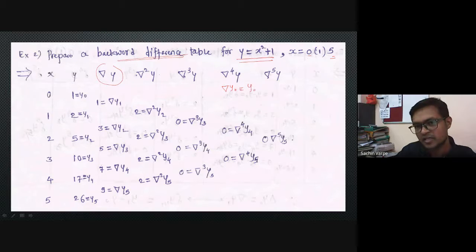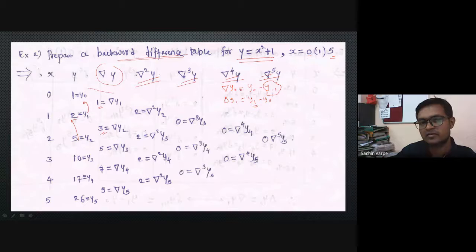वही ऑब्जर्वेशन से पीछे वाला ऑब्जर्वेशन सब ट्रैक करना है, लेकिन ये तो हमारे पास है ही नहीं, राइट. डेल y1 क्या होगा? y1 माइनस y नॉट, ठीक है. That is y1 minus y naught, so 2 minus 1, 1. Then del of y2 will be y2 minus y1. 5 minus 2 will be 3, like this. Similarly, second order backward, third order backward, fourth order, fifth order, and so on. Okay. You can see here also we get a triangular shape like this.